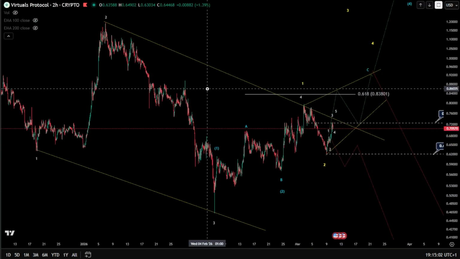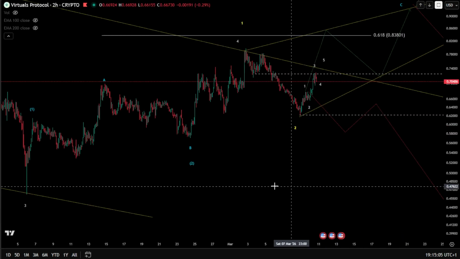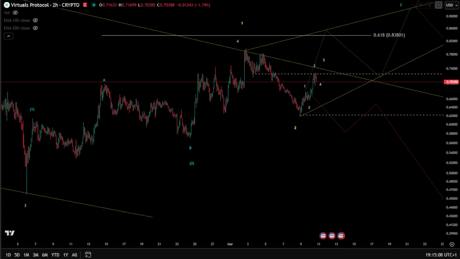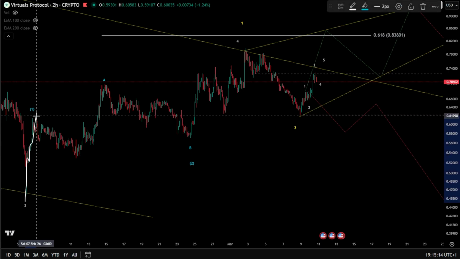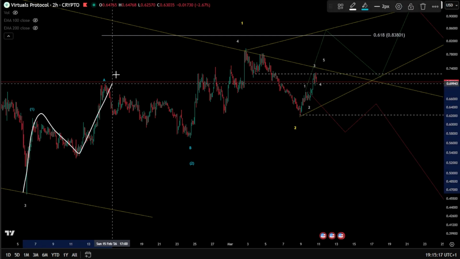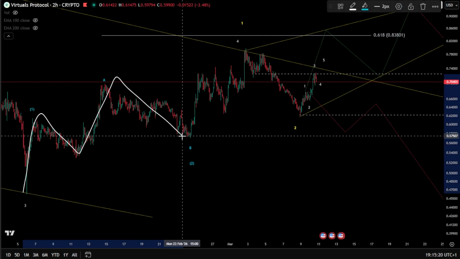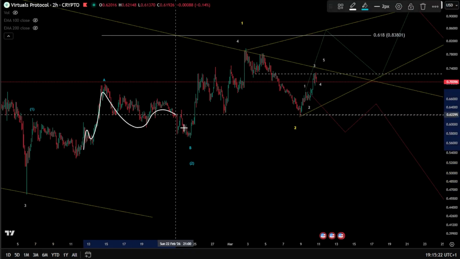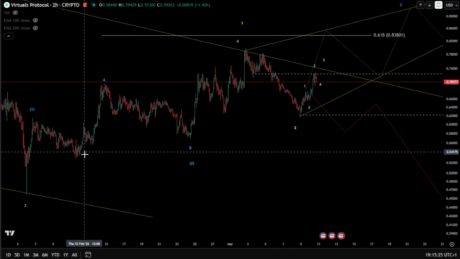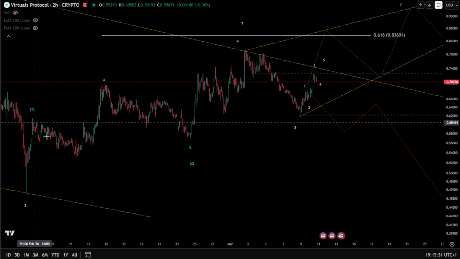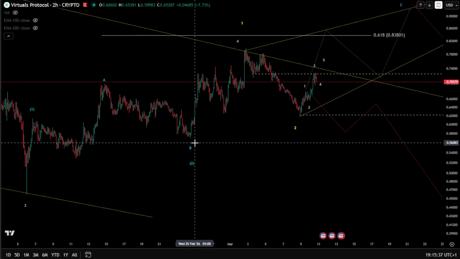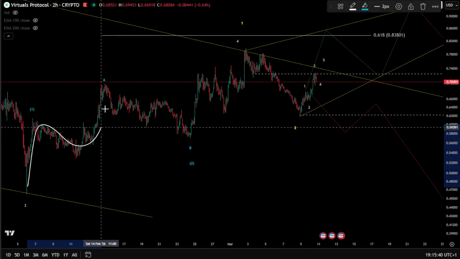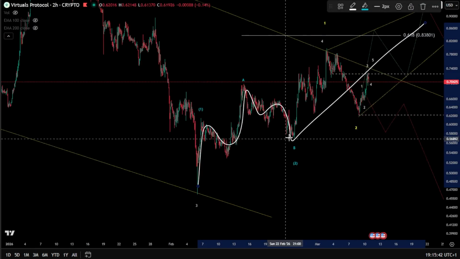If we dive a little bit inside here, we can see that we also have kind of 3 waves over there. It's not a clear impulse. Internally, on the very micro level, 1, 2, and then you're looking here for something as 3 waves, meaning your wave 2 should be there. Here it is very clearly 3 waves, so we cannot say it's an impulse. So something as in a WXY, which is a very rare case for a wave 2, with a much higher possibility for a wave B, meaning an A, B, and a C is very likely unfolding towards the upside.